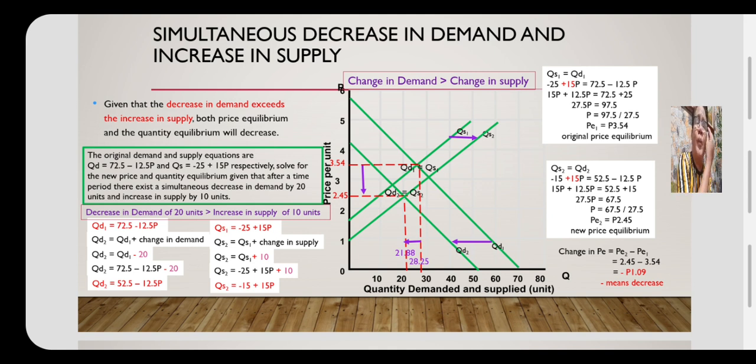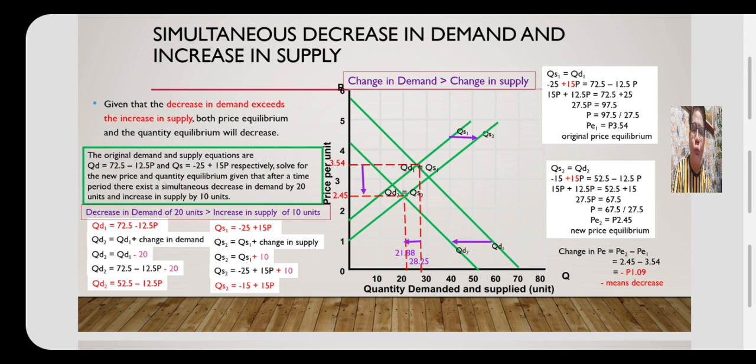The original demand and supply equations are QD equals 72.5 minus 12.5P and QS equals negative 25 plus 15P, respectively. Solve for the new price and quantity equilibrium given that after a time period there exists a simultaneous decrease in demand by 20 units and increase in supply by 10 units. Now, since we already have dealt with a lot of problems in the earlier slides, we can now be able to